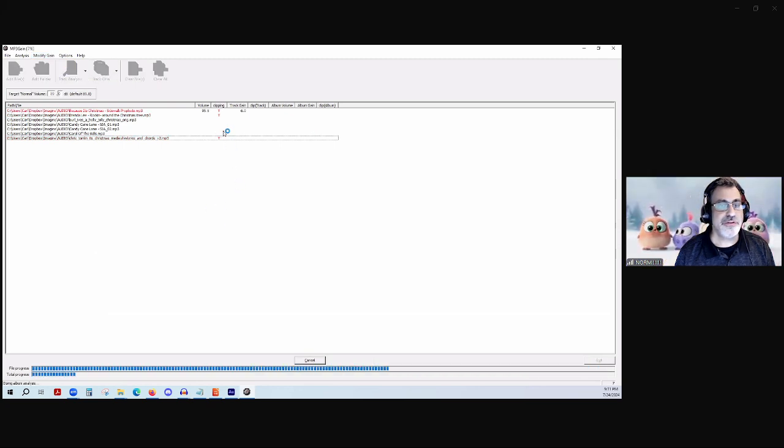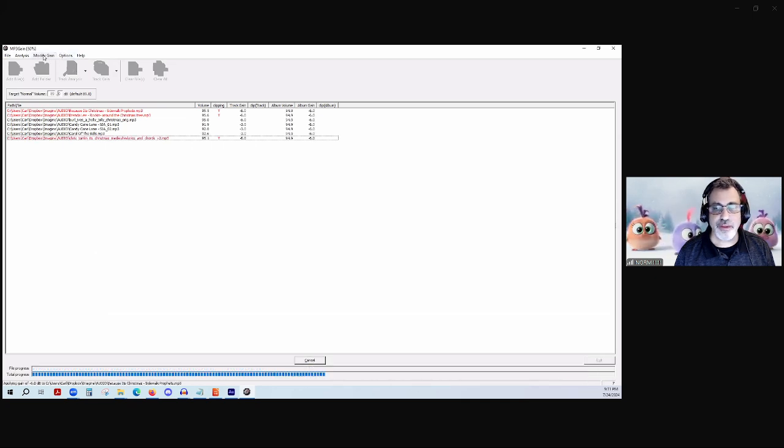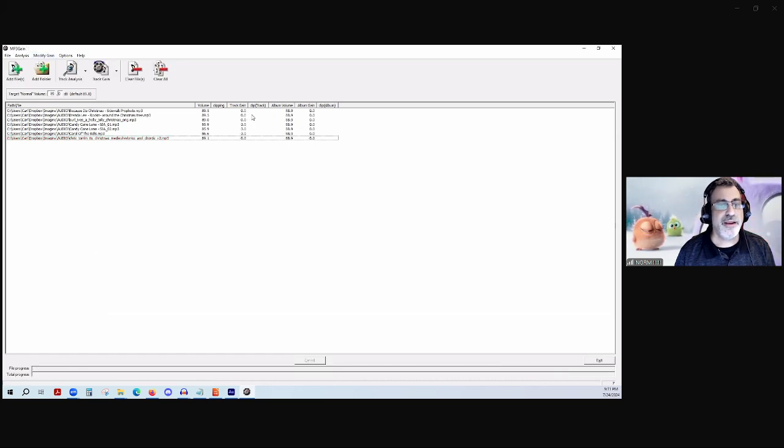Now it's going to go through here and pretty much normalize everything to where you want. What this will do is take all your files and balance them out so they all pretty much sound the same. You'll notice here it said, here I didn't add any gain, here I changed it by 3, and then here by 0. Again, some of these I may have already done previously, so they're kind of normal. That's what it does.